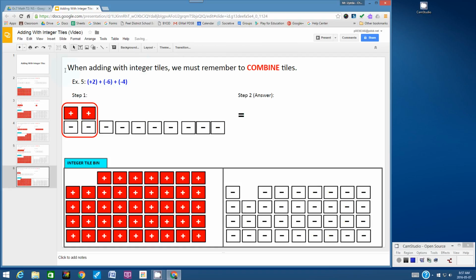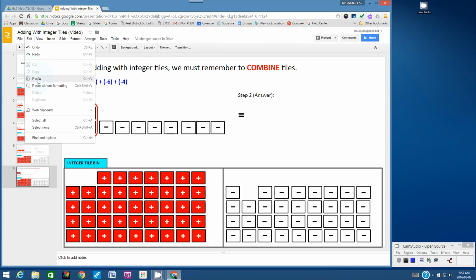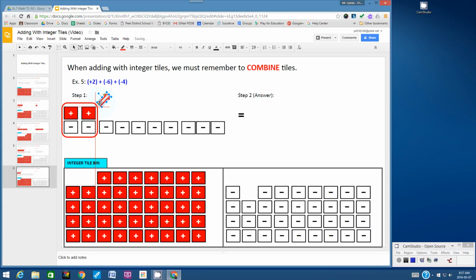Okay. And then I think the last thing I copied and pasted was the arrow, so I'm going to copy and paste the arrow there. And I'm going to show that I'm going to take away 2 zero models. So what am I left with? I'm left with 1, 2, 3, 4, 5, 6, 7, 8 negative tiles. I look at the equal sign, that's going to lead me to step 2, which is the answer. And I have to bring over what I have left. So I'm going to bring over 1, 2, 3,